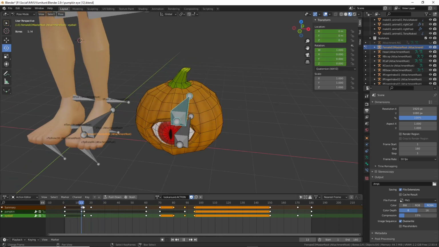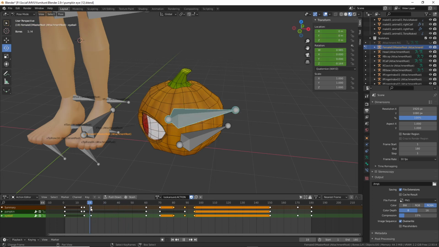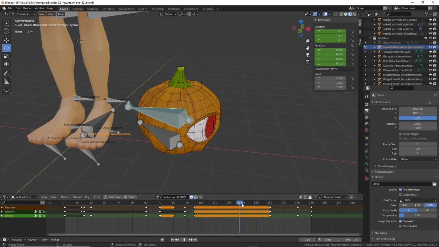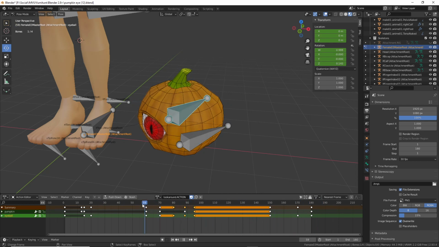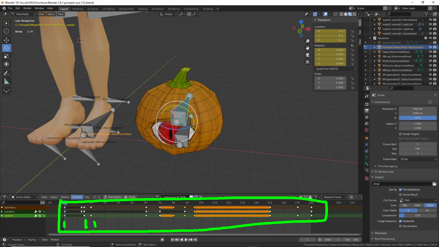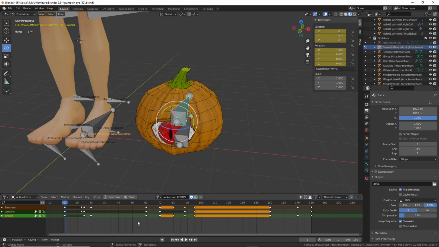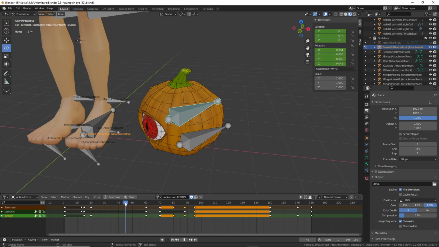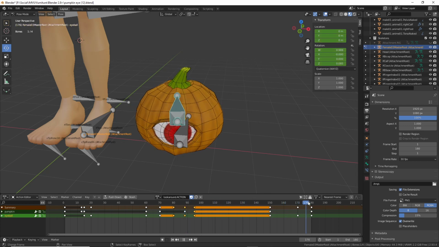So secondary animation would be the twitching of the eye and the eyelid when we get that set up. But the trick to animation isn't the process, the difficulty I should say. The difficulty is not the process, it's not laying out all these keyframes. That's easy. People often get confused or intimidated by what a timeline looks like. All it is is just a series of markers that store coordinates for each bone. That's all it is. The trick or the difficulty is in making your animated object appear